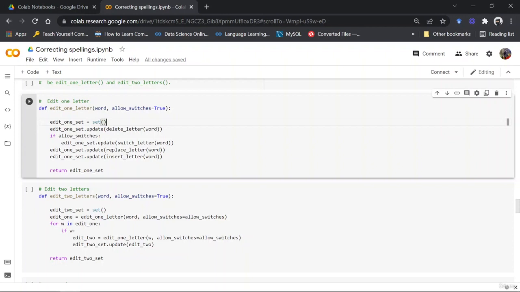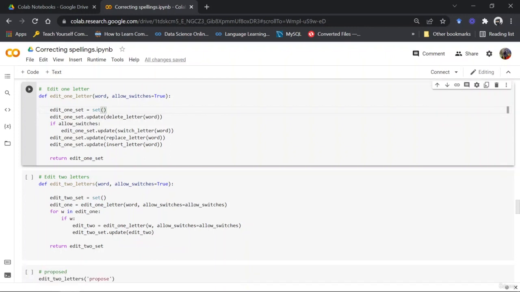And I've taken this as a set and not a list because I want to have unique words, because in deleting, switching, replacing, inserting, a lot of repetitive words would be created, right? So this is just a wrapper function of a kind, where we're calling different functions that we have created, taking the results and inserting them into the set we have created,